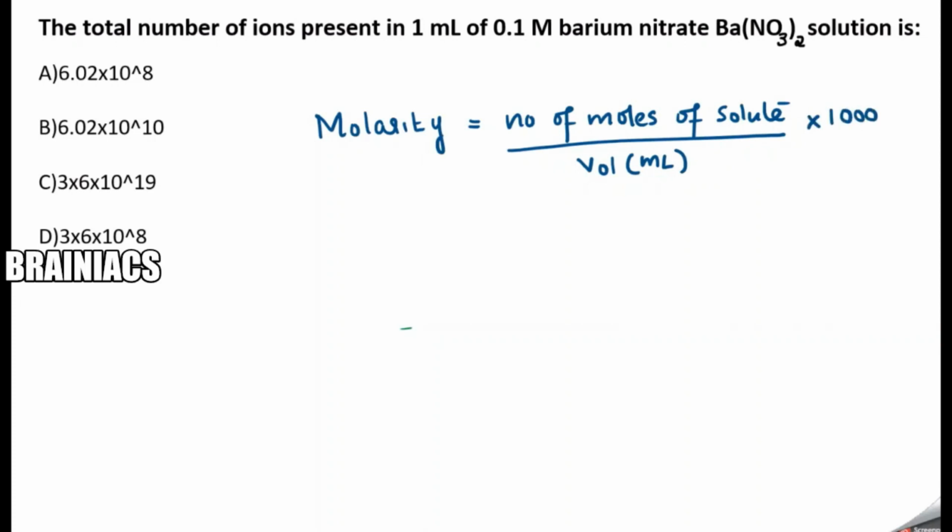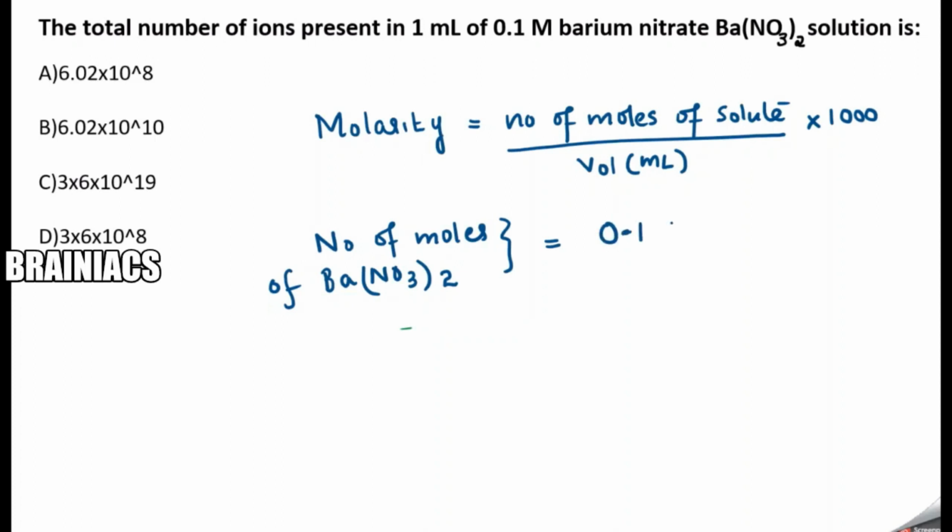Now, how to calculate the number of moles of the solute from here? Number of moles of barium nitrate is equal to molarity, which is 0.1, correct, multiplied